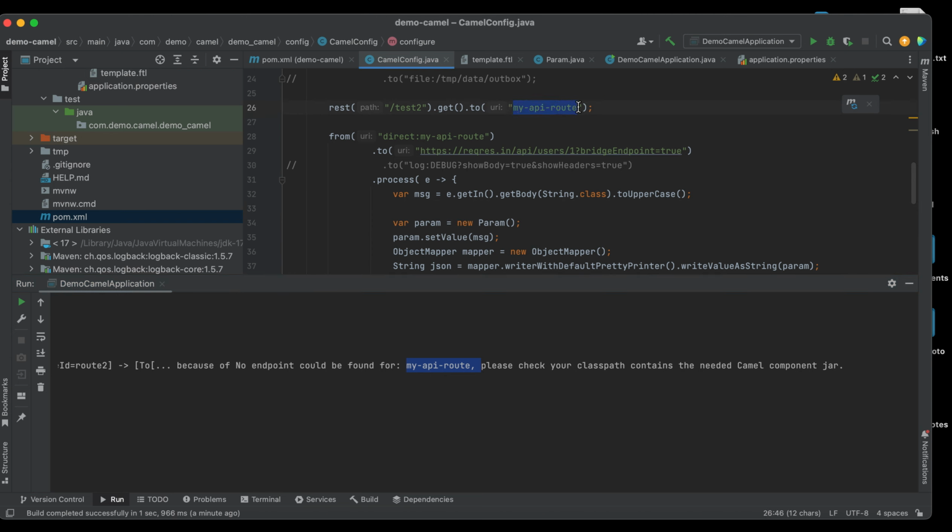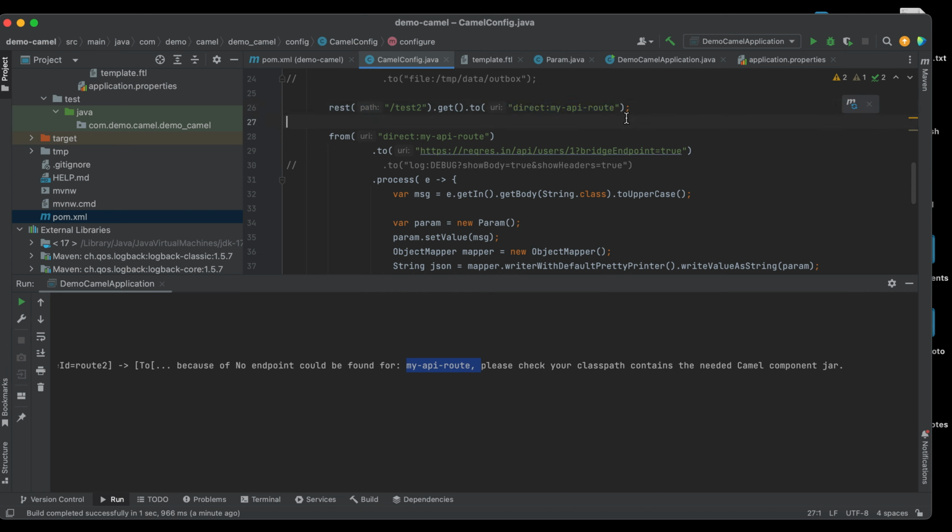So in Apache Camel, when we define the route, we always need to mention which component we want to use. In this case, I forgot to put the direct component. So we need to tell the framework this endpoint is a direct endpoint.